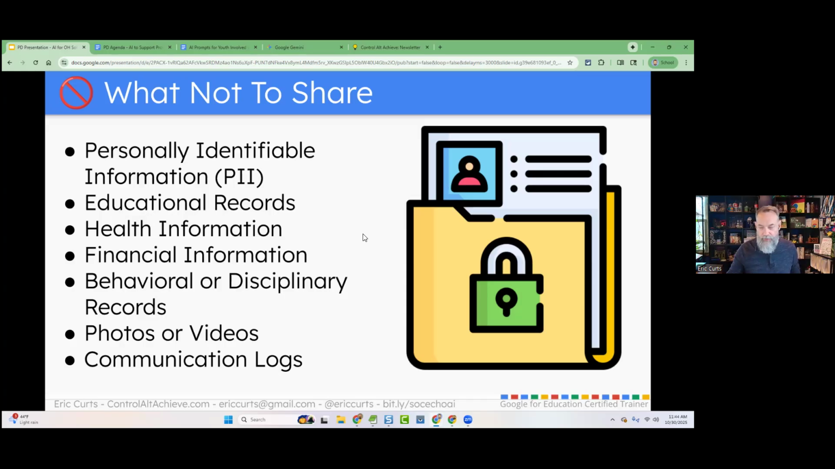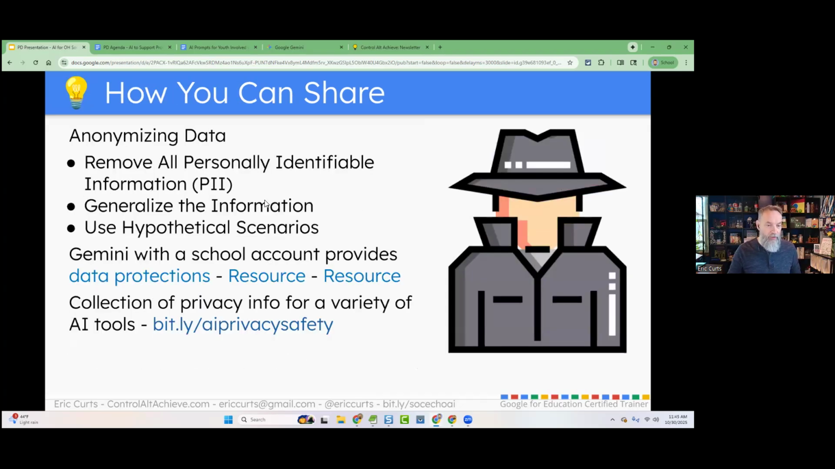They can share it with other people. They can read it. They can do whatever they want with it. And so that is a serious concern if we're dealing with student information. So normally our approach is, well, make sure you anonymize the data, remove anything that identifies the student, generalize the